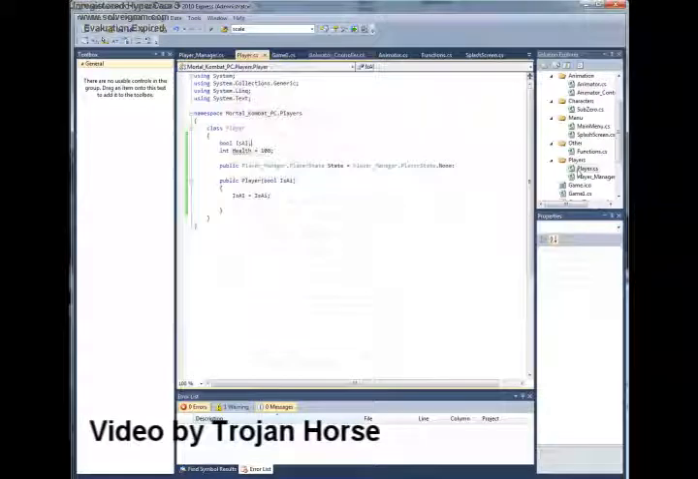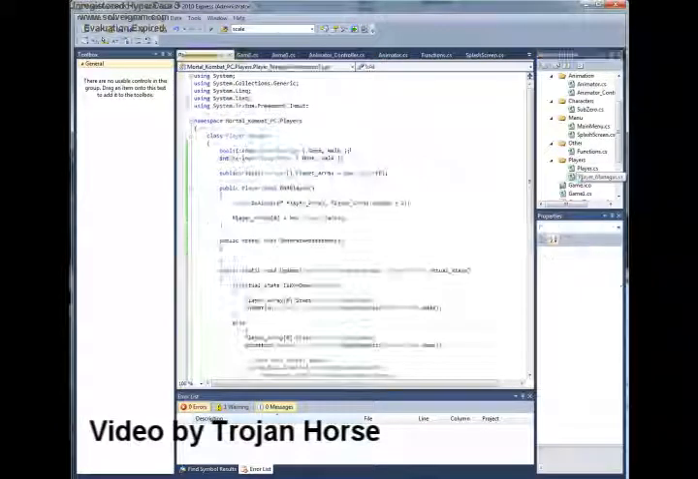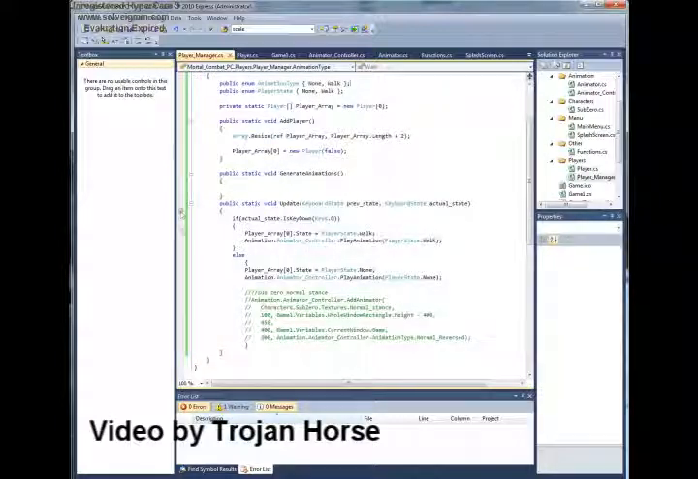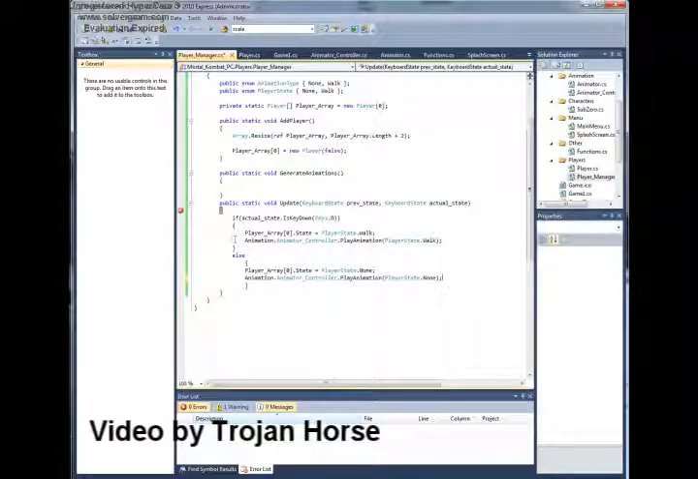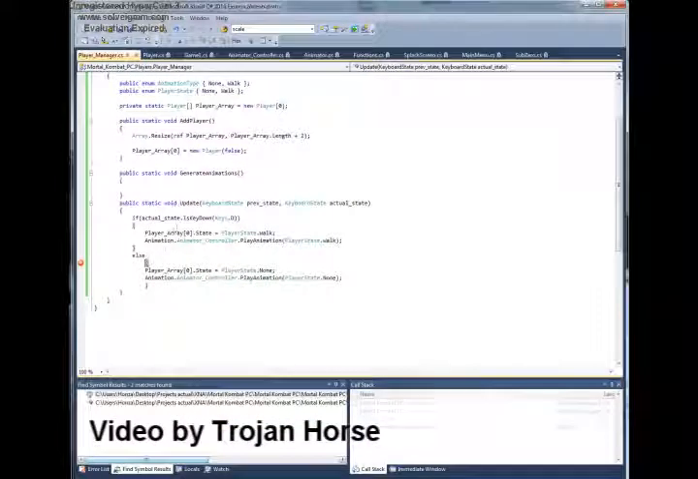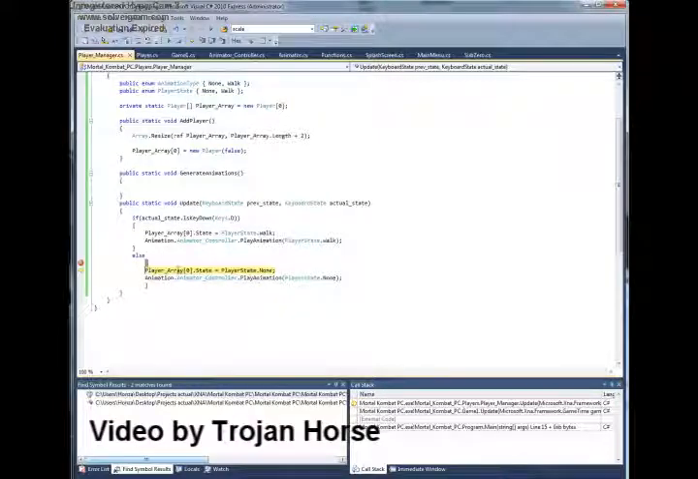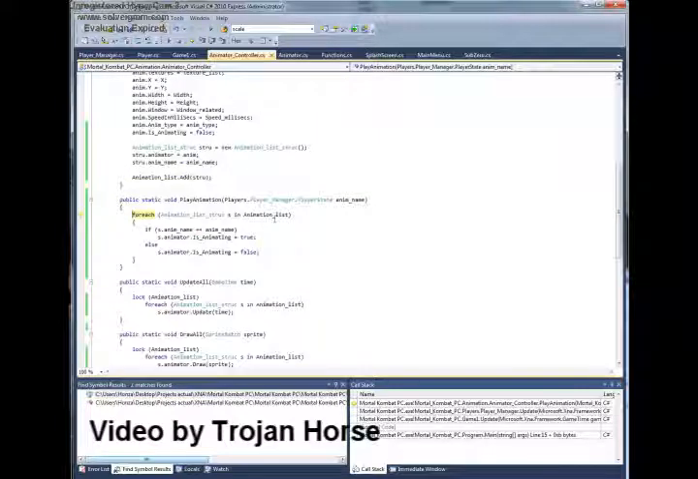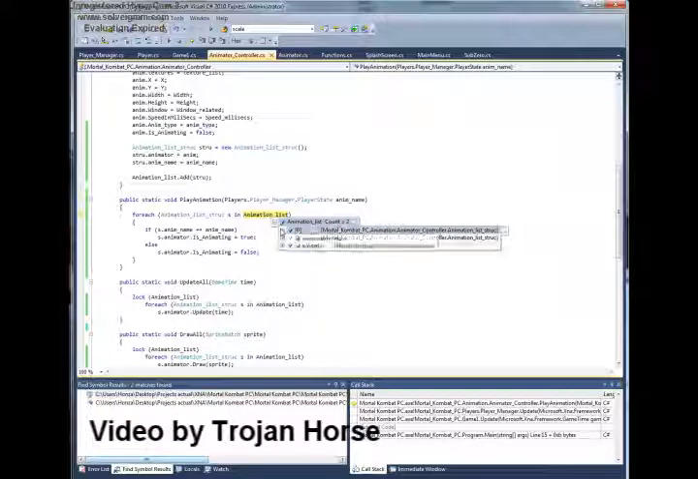Now if I go to player manager and I go here and check, this may be deleted because it's no longer important. So now run the game and we see that here is the else, so the state is gonna be none, and we are gonna play the animation that corresponds to none, and it loops through the animation list